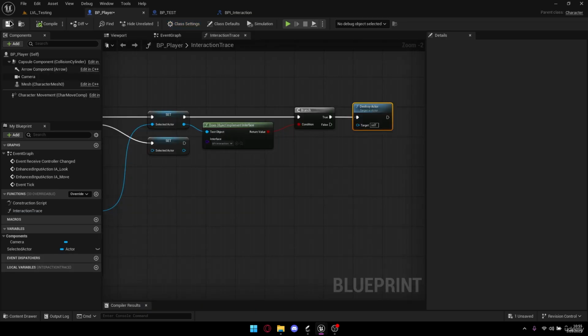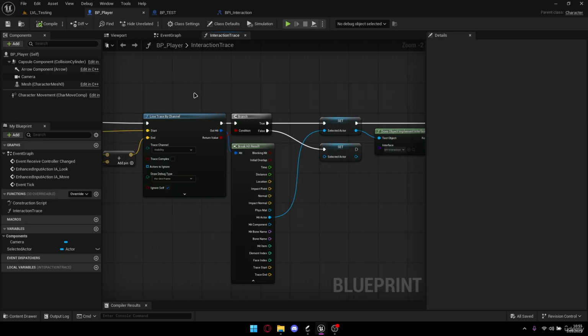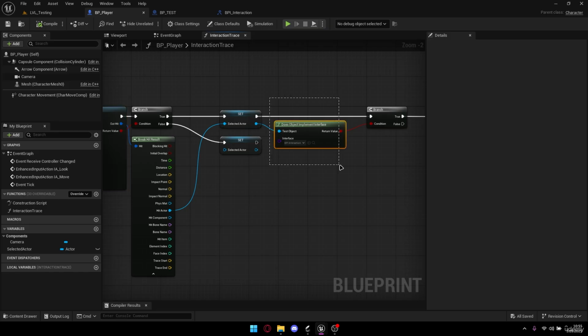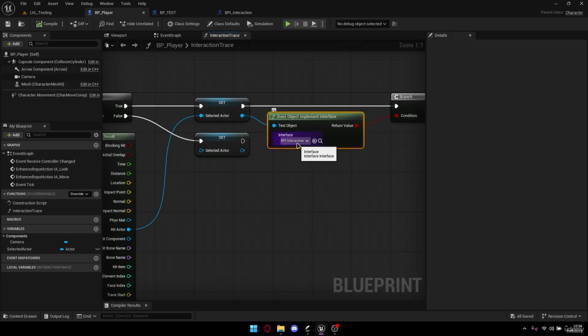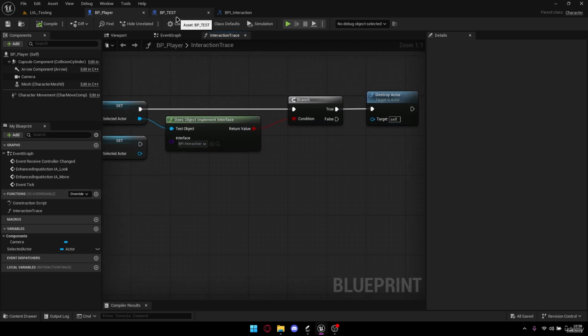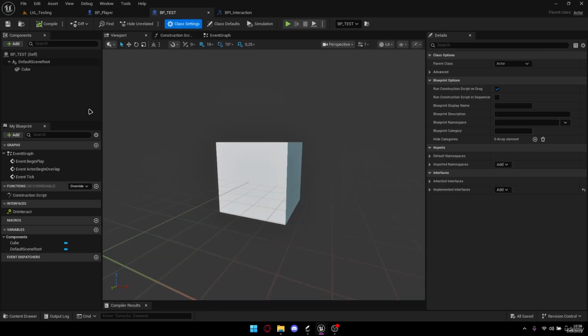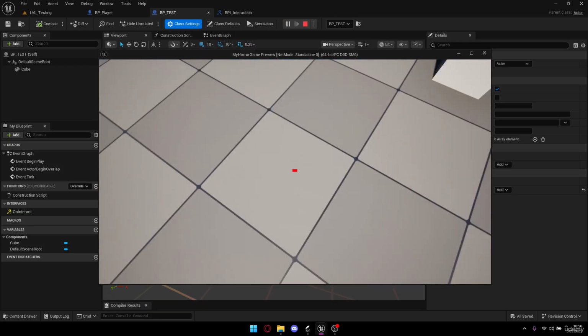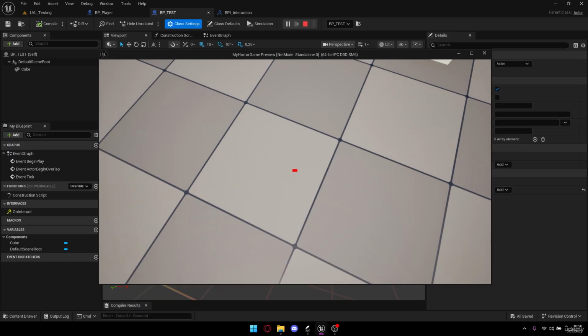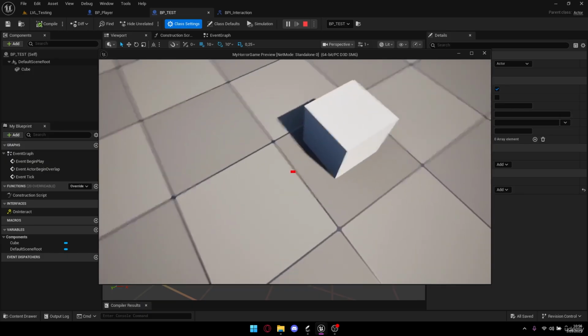So let's go back to BP player. So we're doing this line trace. We are saving the hit actor as a variable. Then if this actor has blueprint interface interaction, then it will just get destroyed. And the only actor in the world that has this blueprint interface is this cube. So let's just play. When I look at the floor, nothing is happening because this actor does not have blueprint interface. But when I look at the cube,